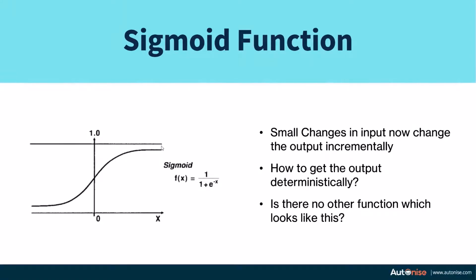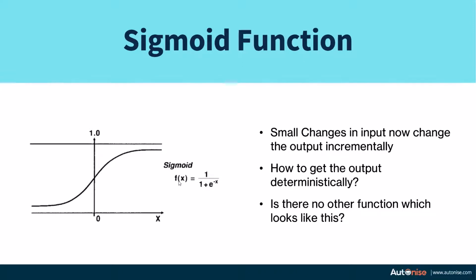So this is how we can have a function which is continuous. It behaves nearly similar to our perceptrons. So in perceptrons or unit step functions, we have a drastic change going from 0 to 1 when the values change from negative to positive. But in sigmoid, the change is gradual. And yet, for very large values of x, the output tends towards 1. For very large negative values of x, the output tends towards 0.